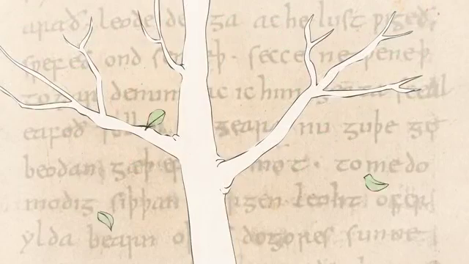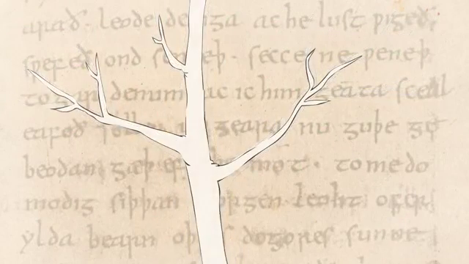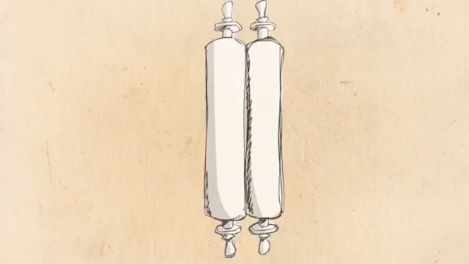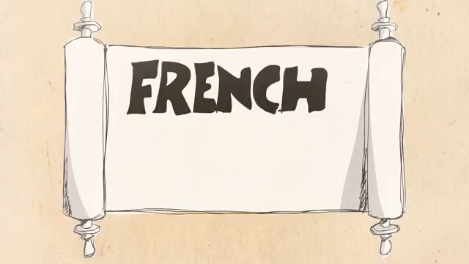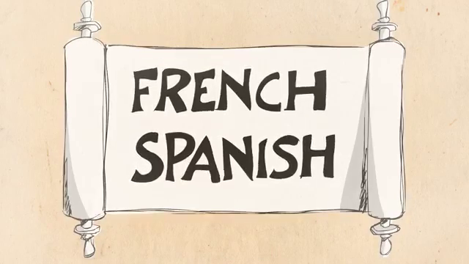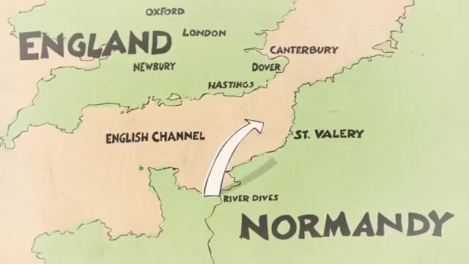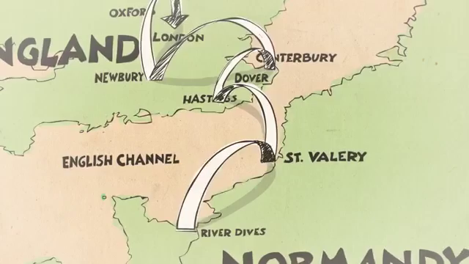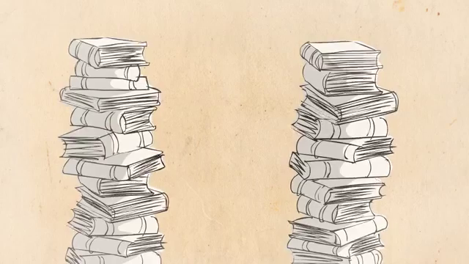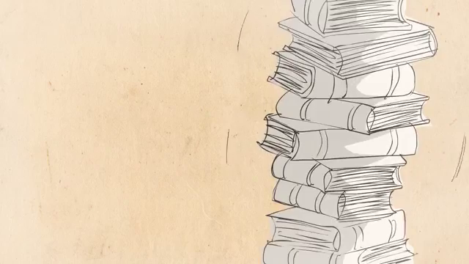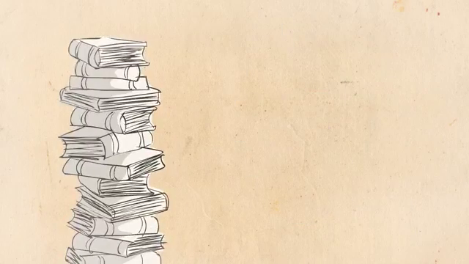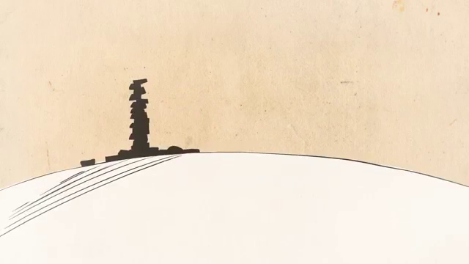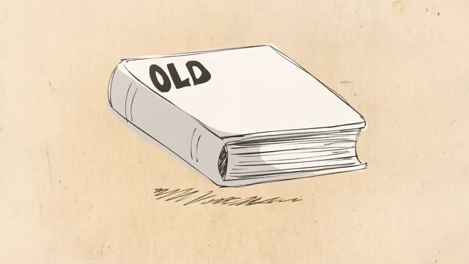By undoing these changes, we can trace the language from the present day back to its ancient roots. While modern English shares many similar words with Latin-derived Romance languages like French and Spanish, most of those words were not originally part of it. Instead, they started coming into the language with the Norman invasion of England in 1066. When the French-speaking Normans conquered England and became its ruling class, they brought their speech with them, adding a massive amount of French and Latin vocabulary to the English language previously spoken there. Today, we call that language Old English.